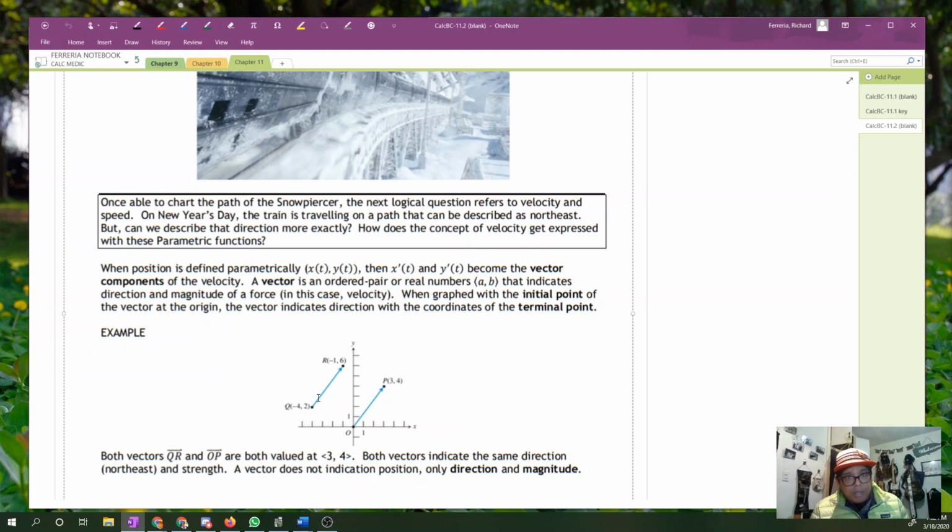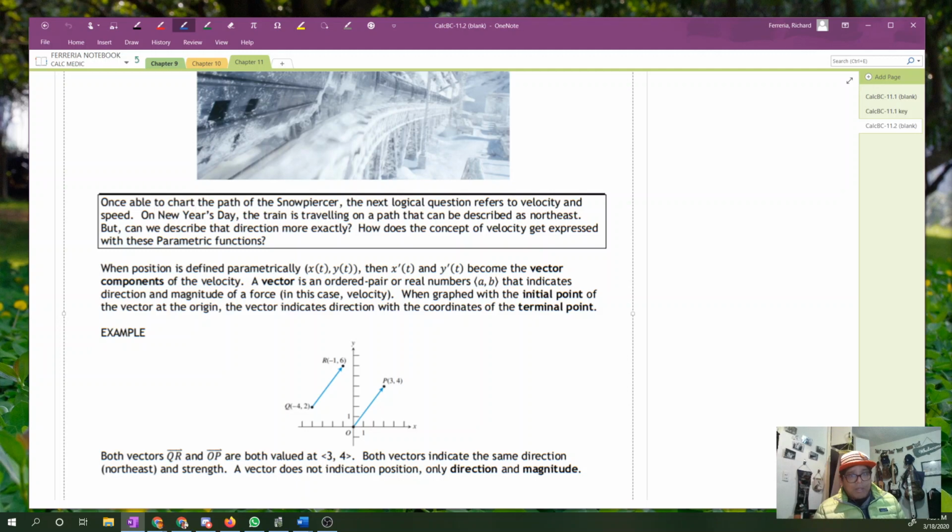On New Year's Day, there's a very memorable scene in the movie where the train is traveling on a path, and we're going to describe that path as northeast. But how can we describe that direction more exactly? How can the concept of velocity be expressed with parametric equations? When the position is defined parametrically, x(t) and y(t), then x prime, the derivative of x with respect to t, and y prime, also with respect to t, become what we call vector components of the